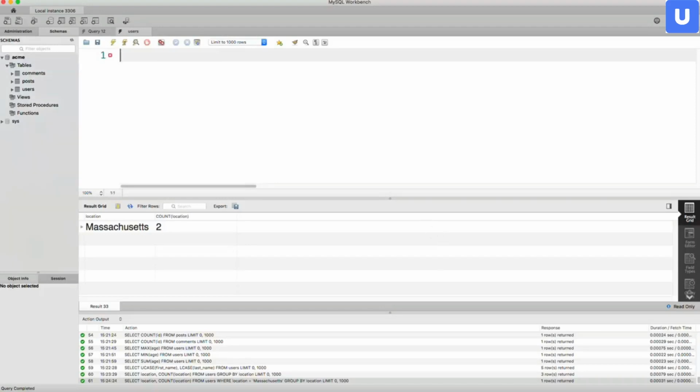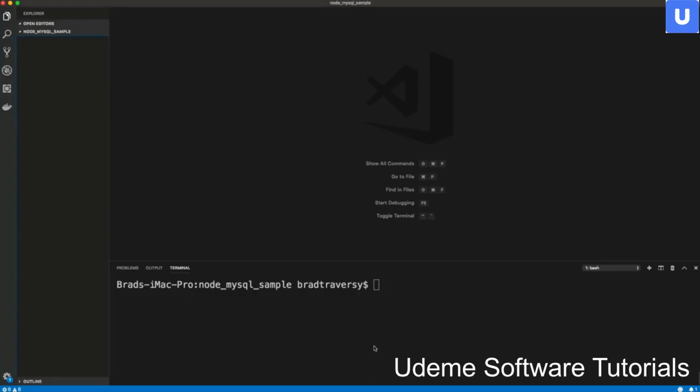So what I want to do is give you just a quick and dirty example of how we can use MySQL and SQL queries within a Node.js application. And of course, you could use PHP, Python, any language at all. But this is just a really quick example using Node Express, which is a web framework, and the MySQL driver. So I'm going to go ahead and run, and this is just an empty folder called node-mysql-sample, I'm going to run